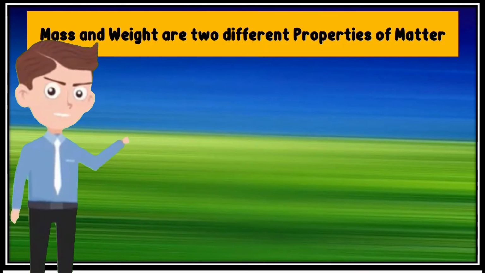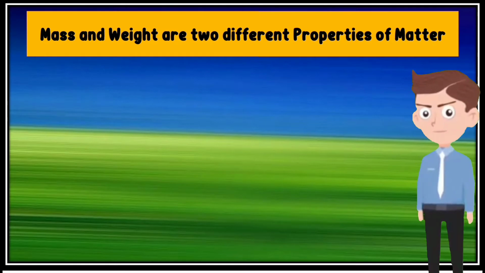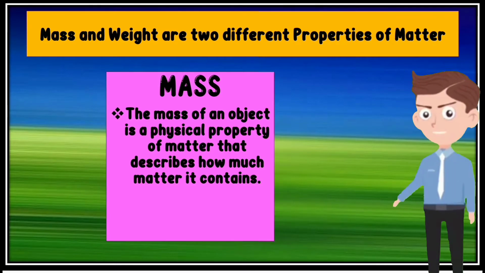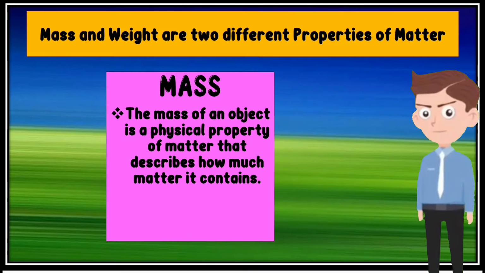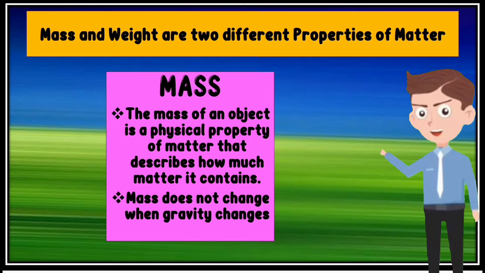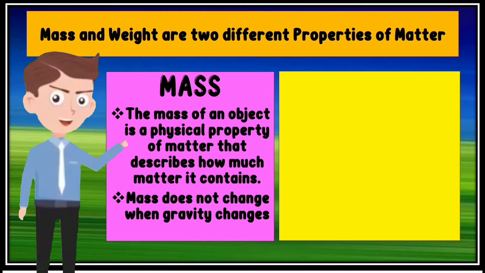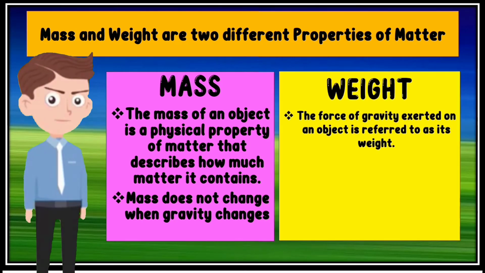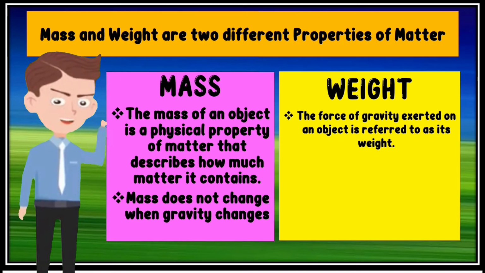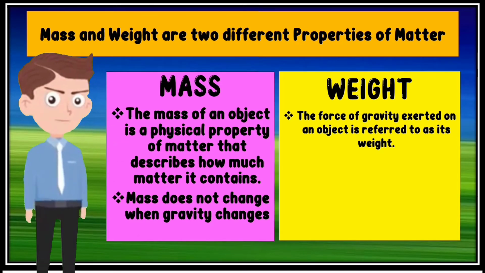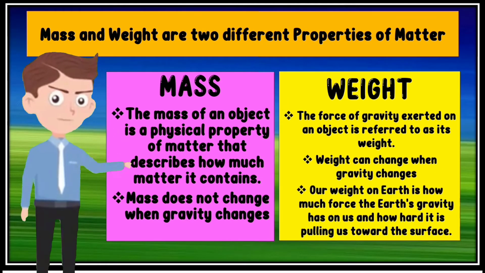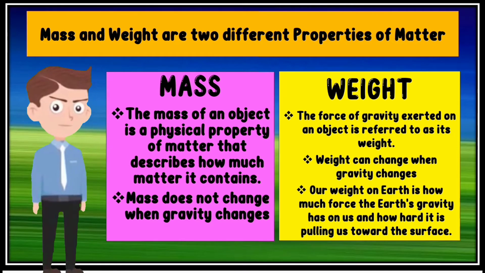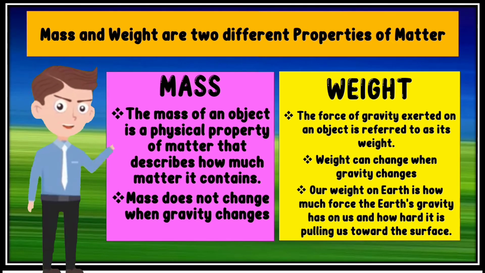Let us remember that mass and weight are two different properties of matter. The mass of an object is a physical property of matter that describes how much matter it contains. Mass does not change when gravity changes, while the force of gravity exerted on an object is referred to as its weight. Weight can change when gravity changes. Our weight on Earth is how much force the Earth's gravity has on us and how hard it is pulling